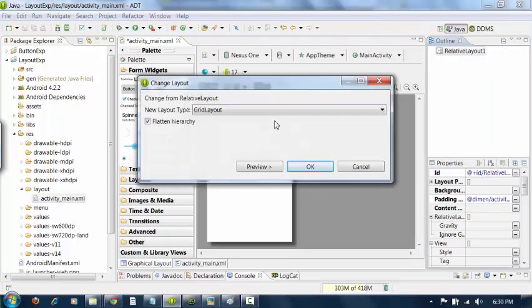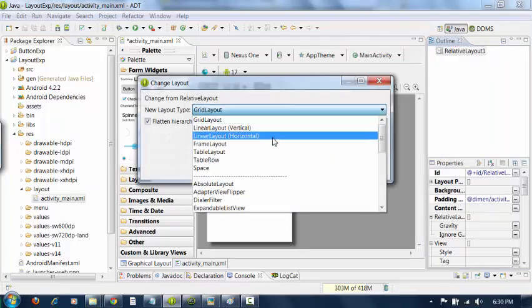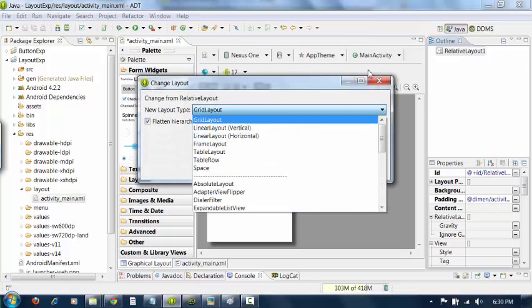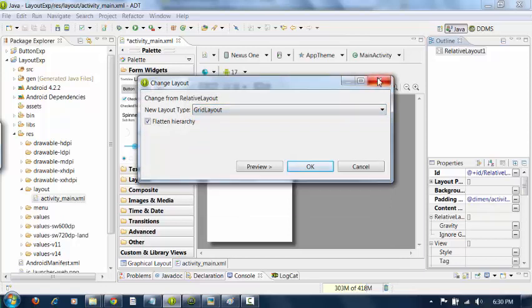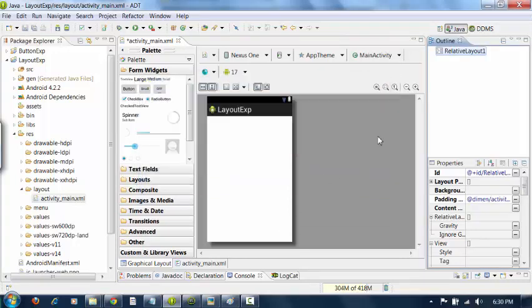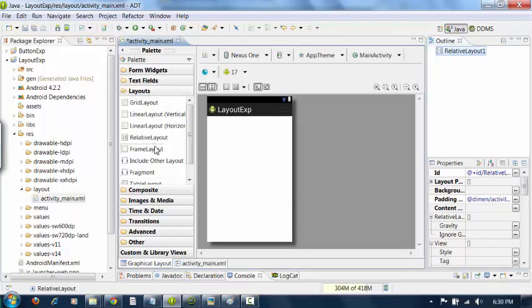Change layout. Instead of taking a new table layout as a parent layout, I will use this relative layout as a parent layout, and you can drop a table, you can drop a layout into a